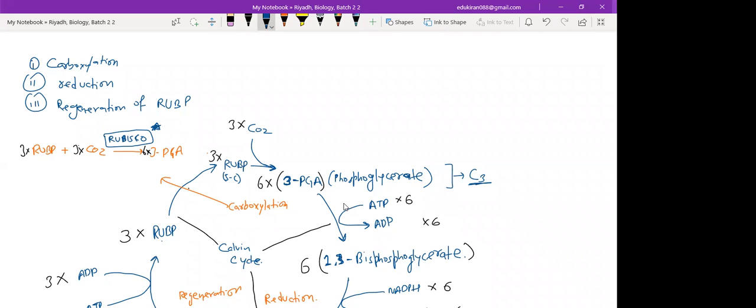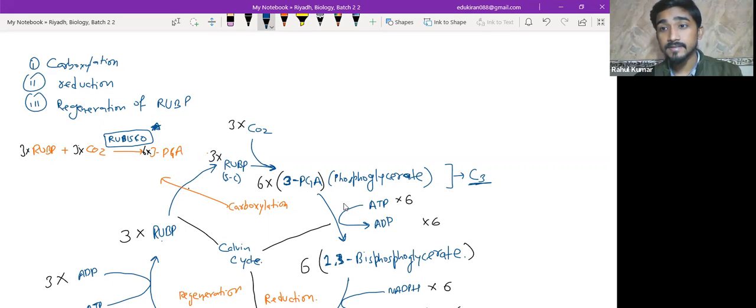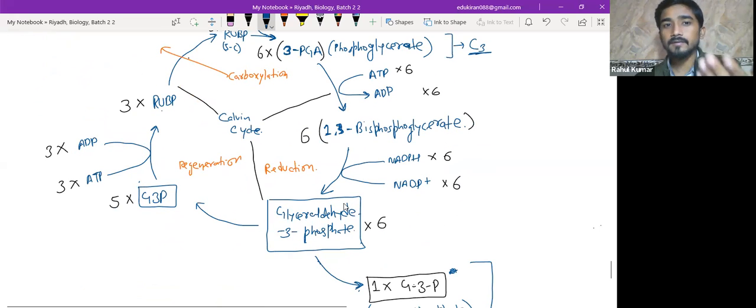Write down, the Calvin cycle is a C3 pathway, which means it happens in all the plants. So if a plant is called a C3 plant, it obviously has a C3 pathway, which is the Calvin cycle itself. If a plant is called a C4 plant, then what is the difference? So write down,